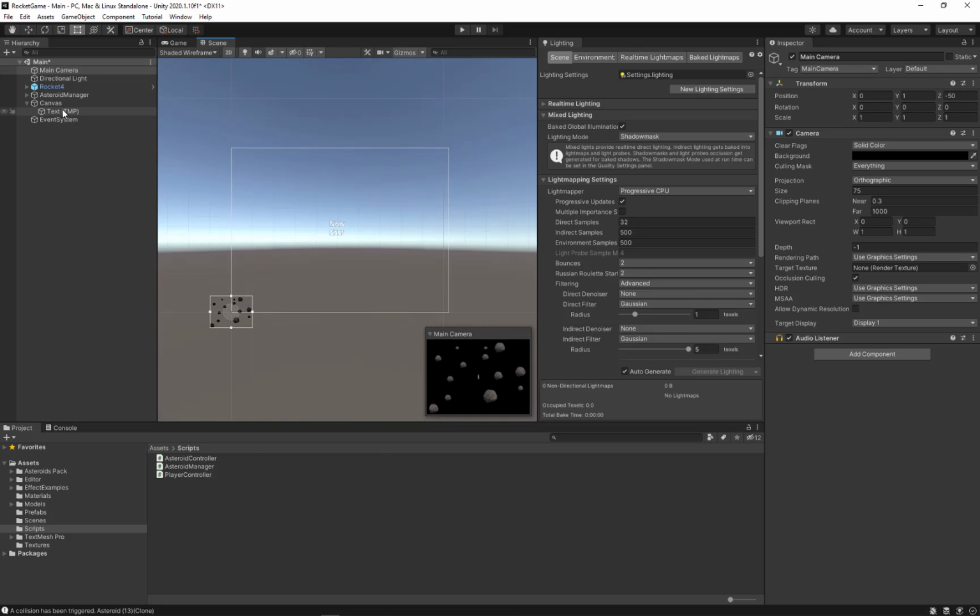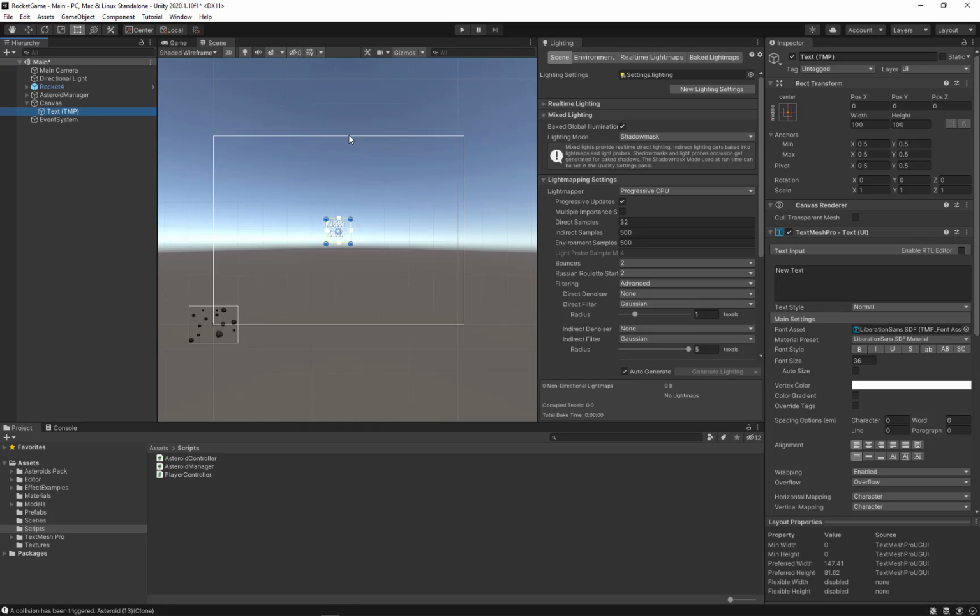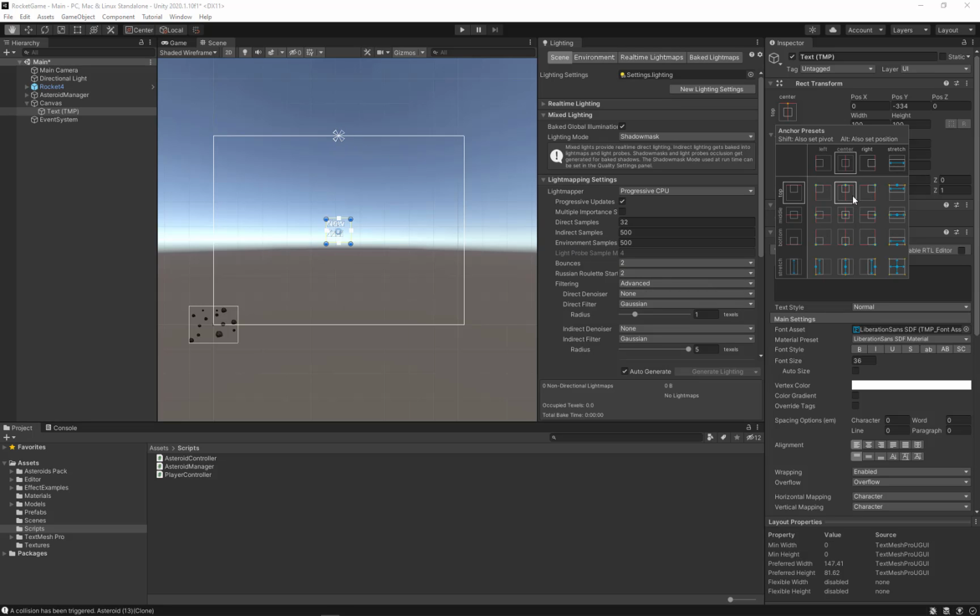Okay. So if I want the pivot of this object to be up here, I can hit Shift, put it up there, and you can see the pivot just moved. The object didn't. If I want both the object and the pivot to move, I hit Alt and Shift. If I just want the object to move, I should just be able to hit Set Position. Okay. Well, it looks like Alt moves both the object and the pivot. So I'm going to pretend like our health should be maybe on the top right. And